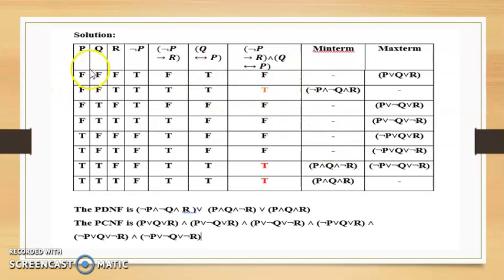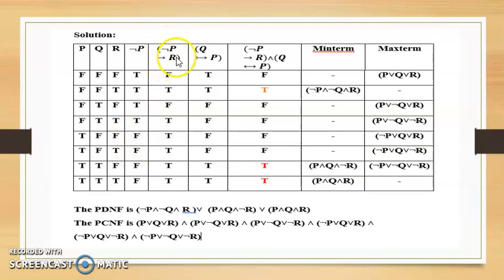So here we write P, Q, R. Since we have three variables, we will get 8 combinations. All 8 combinations I have written, but here I have taken false first, then true. Any manner we can take. Then not P. Not P means negation of P. We write all the values. False means we should write true, and true means we should write false.